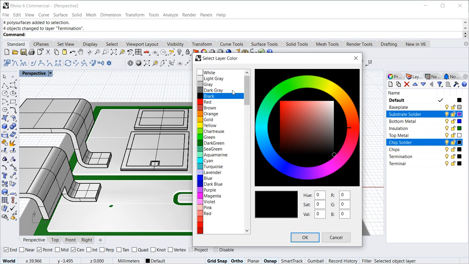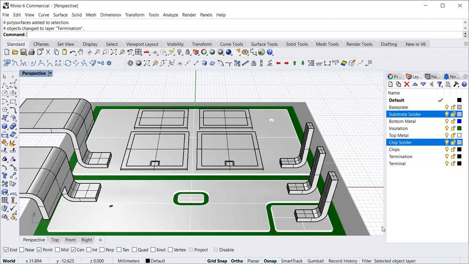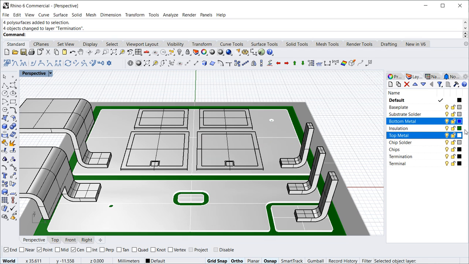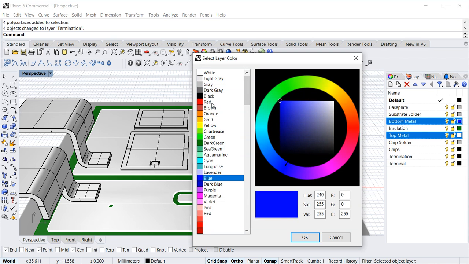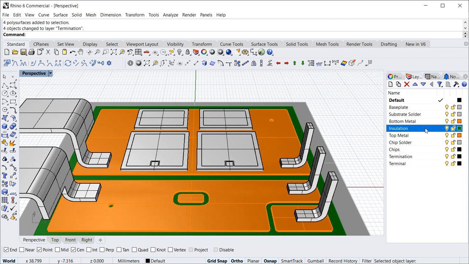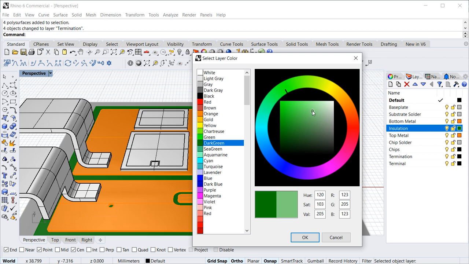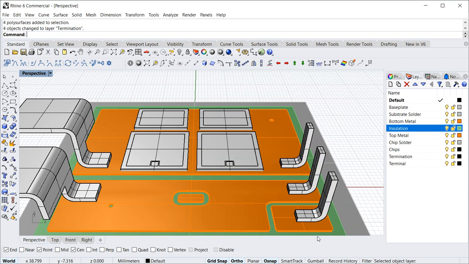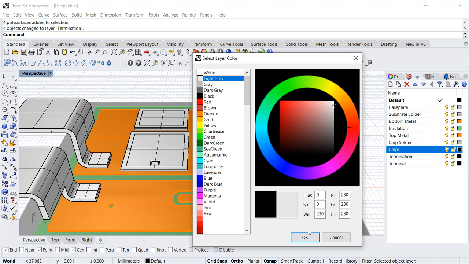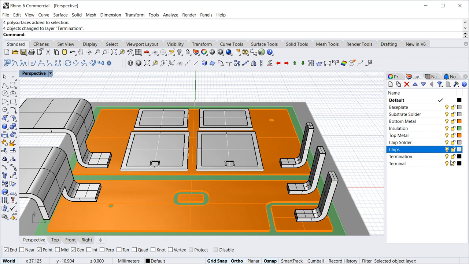Let's select gray. Bottom metal, top metal, let's select an orange color, and the insulation some kind of green, and chips maybe a light gray, and the